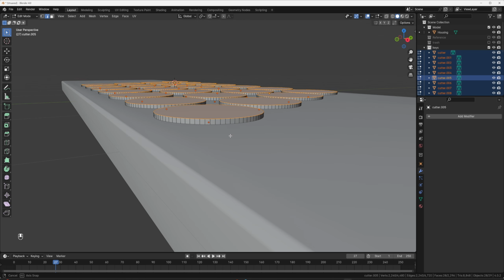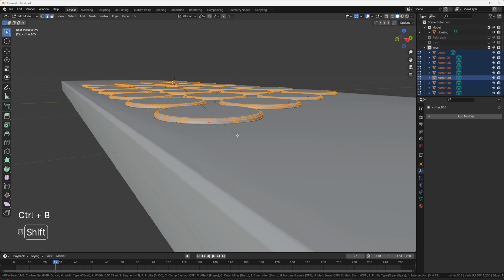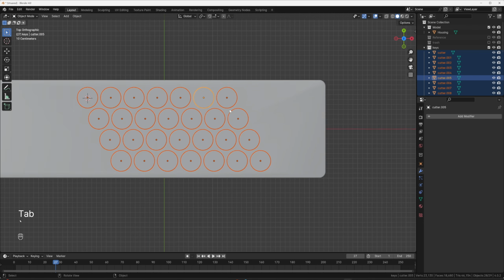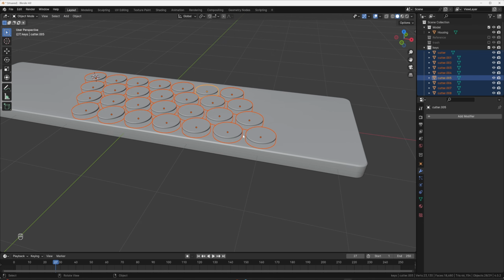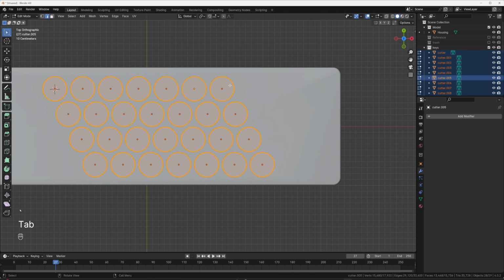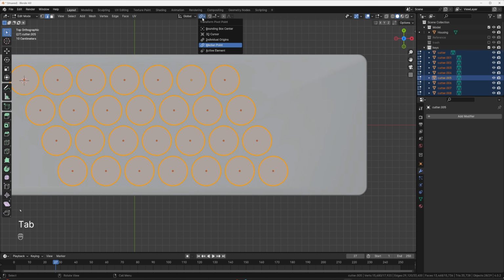I'm just going to look at this one right here. Control B. Give it a nice bevel, plenty of segments. Something like, I think I have 6 on mine right now. And then the other thing that we want to do is this is exactly lined up with our last cut. So what we want to do is take all of these, tab into edit mode, make sure our selection is